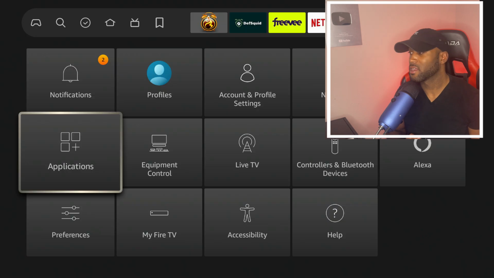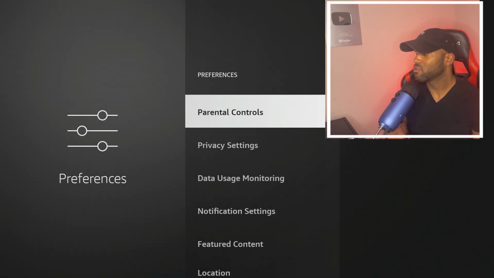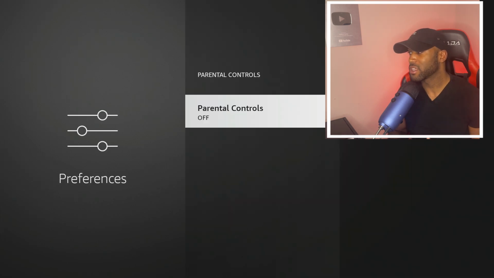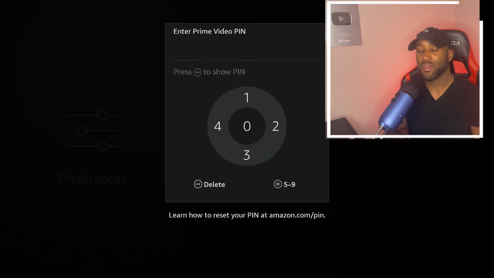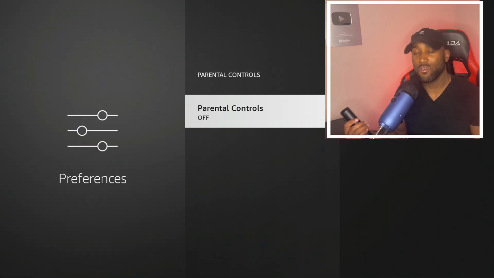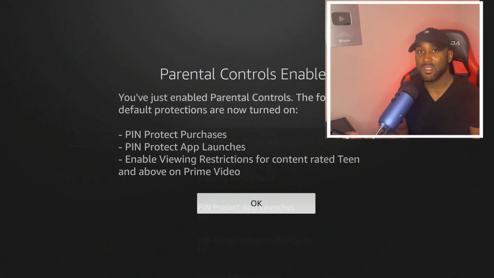I'm gonna go back again as well. Also within here, preferences, once again, you can turn on parental controls, and basically what this will do is set a password. That way if you want to open up any particular app, you just set this password. Normally I'll just do like 1111 on the Fire Stick, it just makes it simple because every app that requires